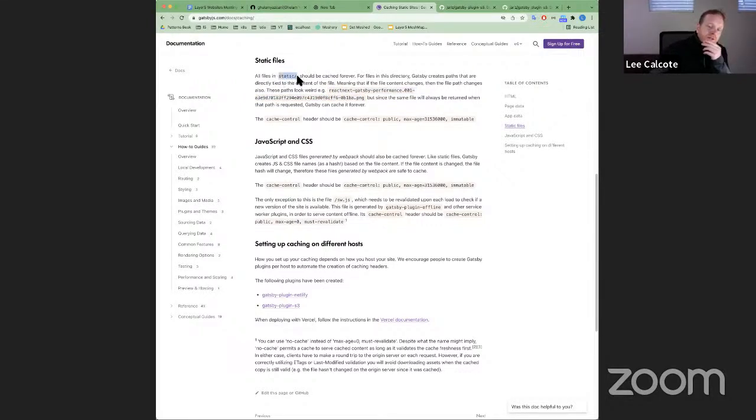Like if they're published under /static. More and more we're starting to publish a lot of the site images under a /static, right? Like under a separate directory structure, not adjacent to the content itself. And so based on path, we might be able to say, hey, anything under this path should be cached for an extended period.